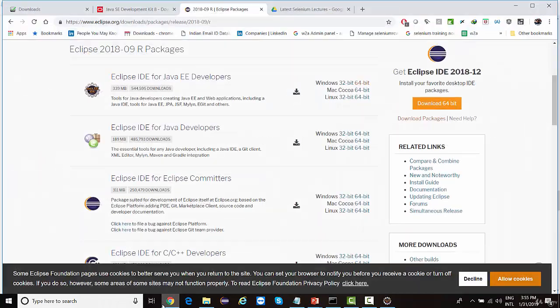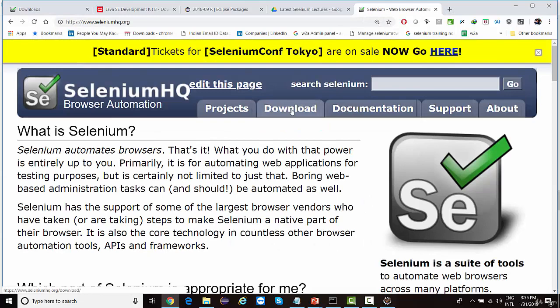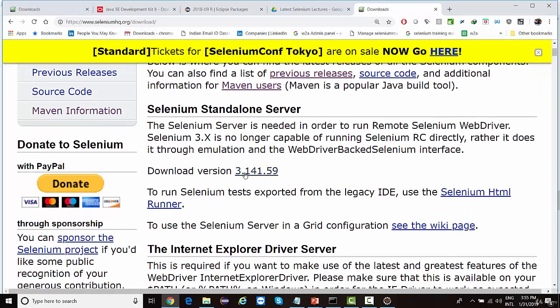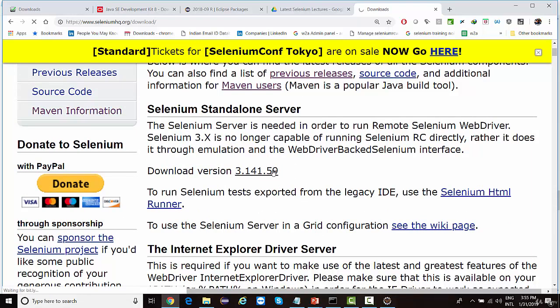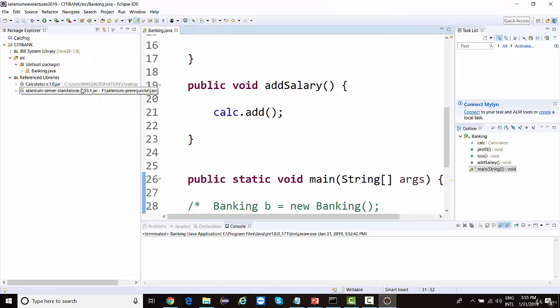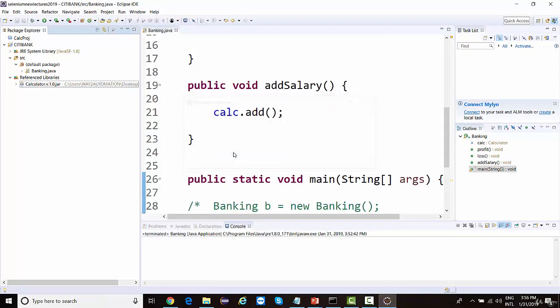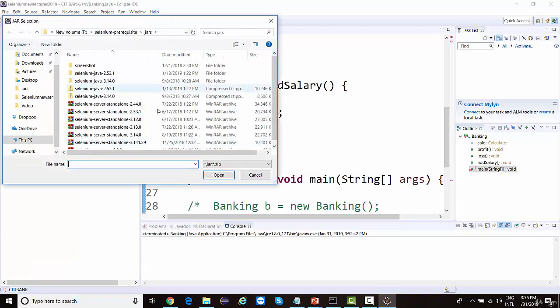You can download Selenium as the jar file that I included from seleniumhq.org. You need to click on download and download this jar file. This is the latest version. If you click on this, it will give you one single jar file. This is the latest Selenium 3, and we'll be working on the latest Selenium 3 itself. But if I include this jar file right now, see, I've added some 2.53.1. If I go to build path, remove, and add the latest one, that is 3.141.59.